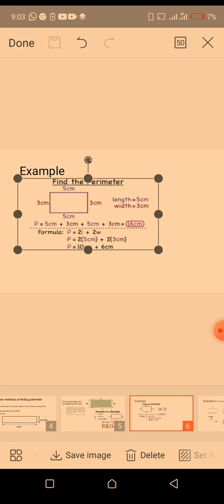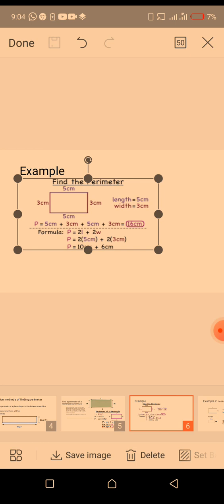Now by formula, P equals 2L plus 2W, that is 2 length plus 2 width. P equals 2 open bracket 5 centimeter close bracket plus 2 open bracket 3 centimeter close bracket. So 2 times 5 centimeter will give you 10 centimeter, plus 2 times 3 centimeter will